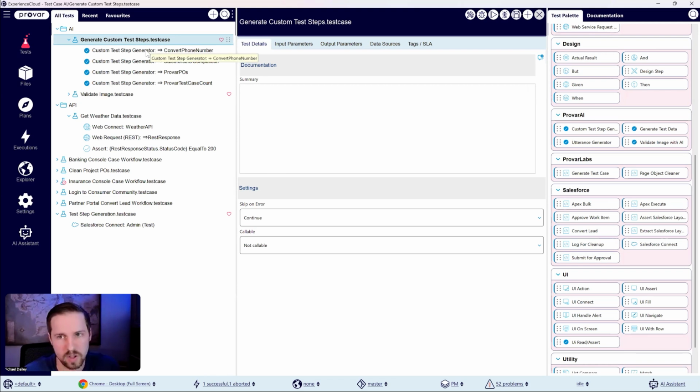So we give you access to the backend Java so you can create your own custom test steps if you wish. But let's say you need to do that and you don't know how to write code. There's not really a way to do that today. You would have to reach out through our support. You would have to go through the correct channels or something like that. And kind of what it would look like is basically, let me go back to